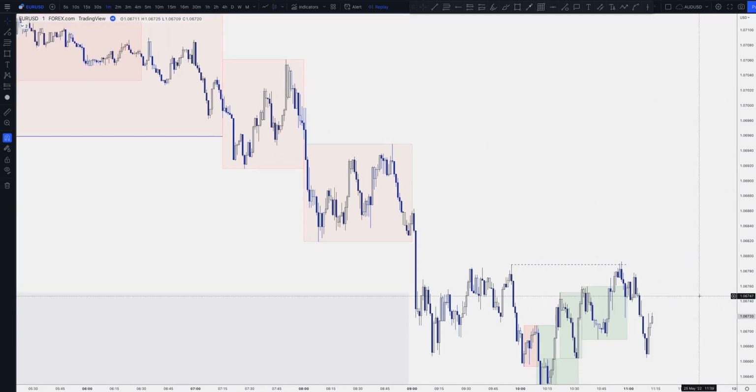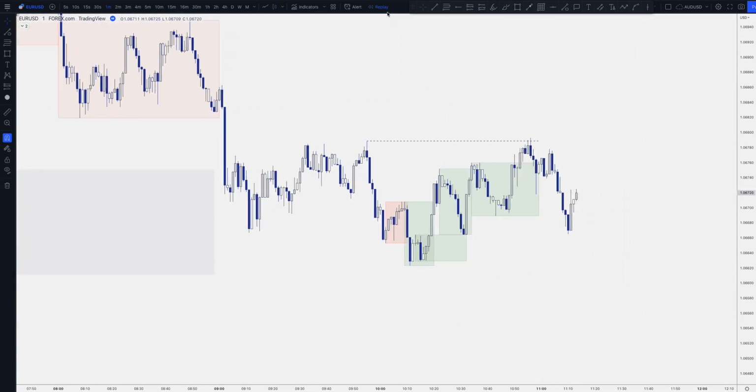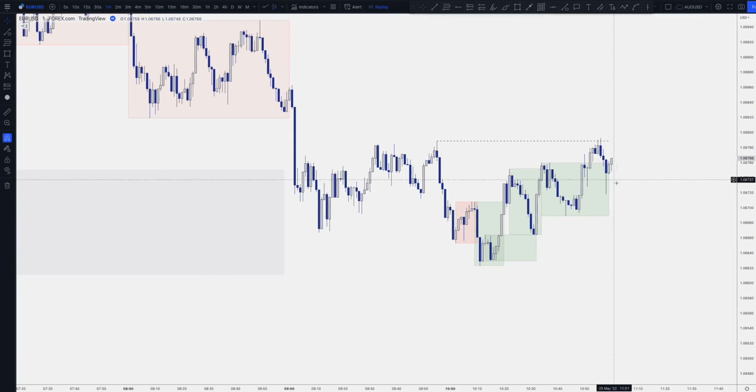There we go. See, here we go. But essentially, let's bring it back. I can try and do it as I wanted to do it. Hopefully it doesn't mess up again. Is it going to mess up? No. So at this point here, we had the bullish